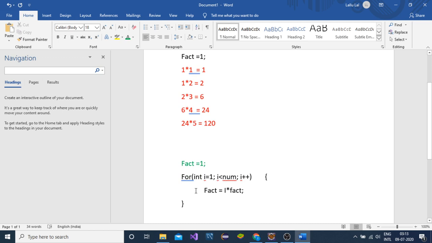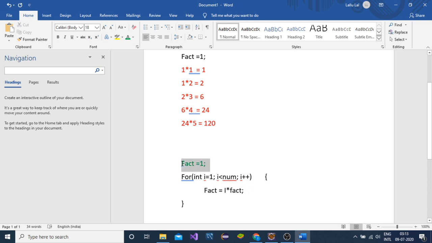We will start multiplying by 1, because if we multiply 1 by 1, there will be no difference in the result. If we initialize by 0, then our result will be 0. That's why we are not initializing by 0 in this case. We are initializing by 1.